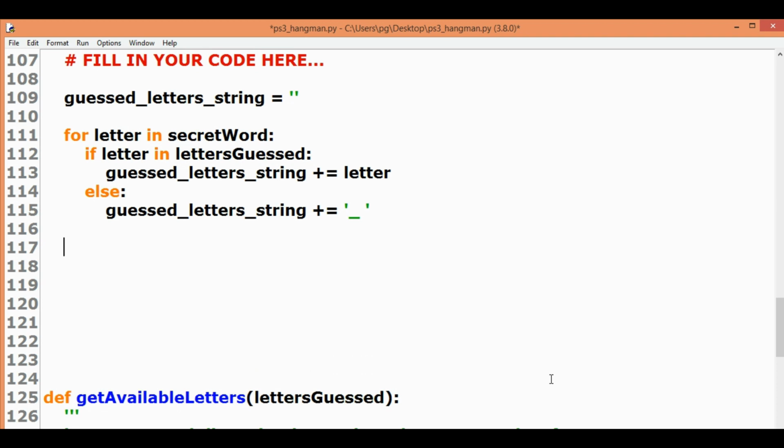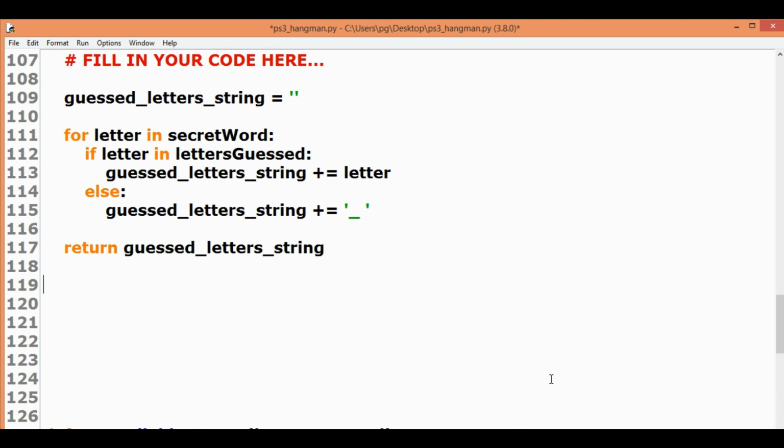Once the loop is complete, we want to return the string with all the letters guessed and underscores in places of letters where the user was not able to guess the letters. return guessedLettersString. So our function is complete now, but before we submit it to the grader, let's first test it locally. For this, we look at the example usage given in problem 2 and store a secret word with the value of apple.